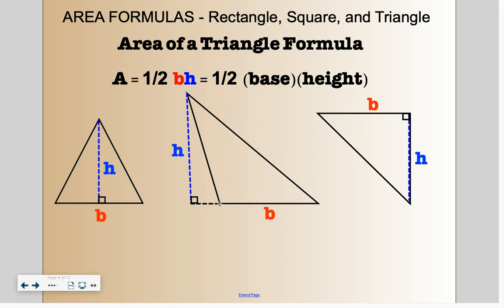Please note the base stops right here. It's only here to here. The base is just this side. We just needed to extend this so we could see where the height would have met it and created a right angle. For this triangle, the height is actually one of the sides that already exists because the right angle was there,